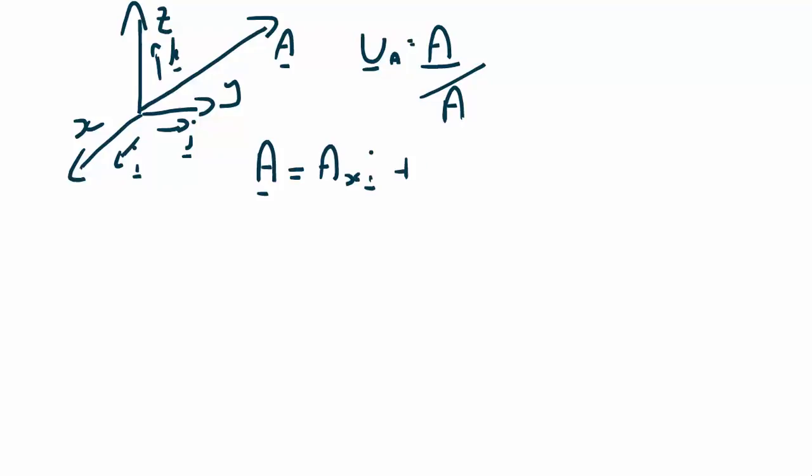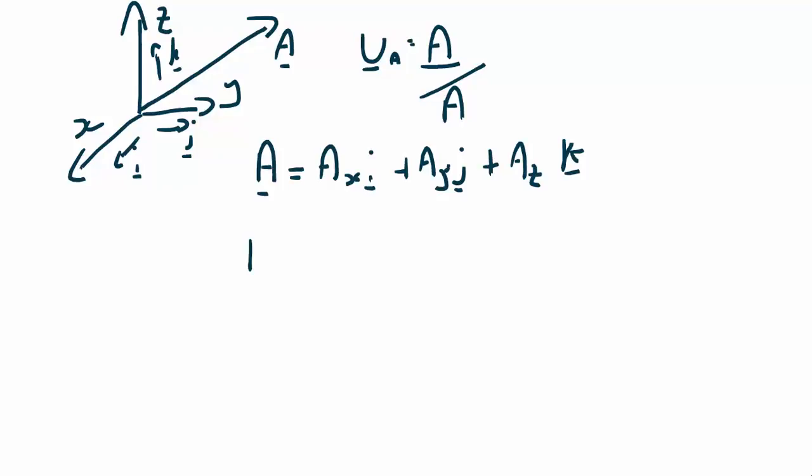That unit vector will tell you the direction, but it won't tell you the units. It won't have a magnitude greater than 1, so it's a proportion of how much the vector is going in all three dimensions. So the unit vector of A will be defined as the Cartesian vector A divided by its magnitude. We can simplify that a bit, so we can say if the vector A is Ax in the i direction, Ay in the j direction, that should be y, sorry, and Az in the k direction,